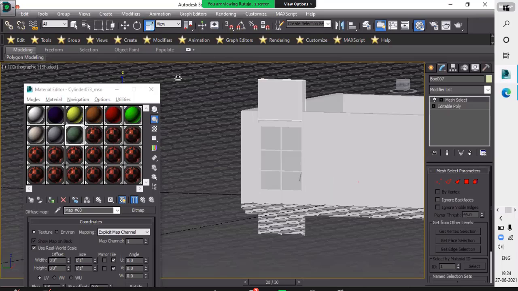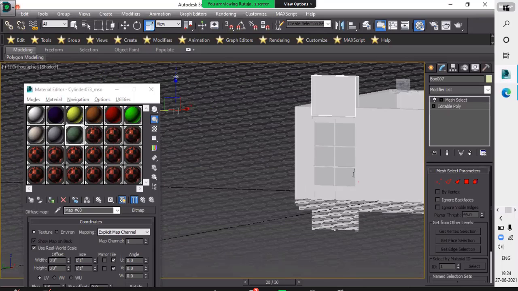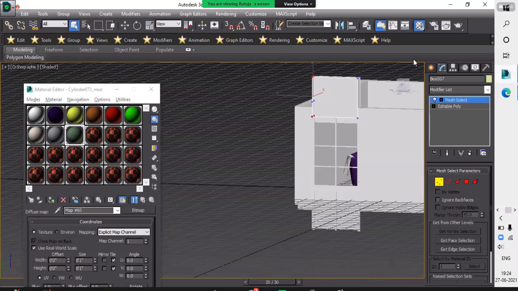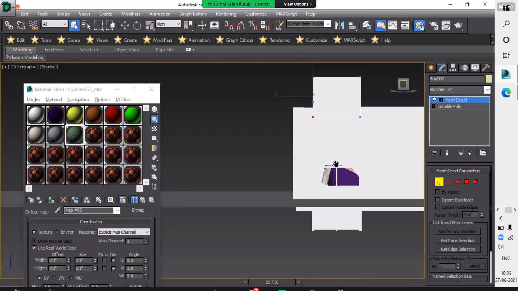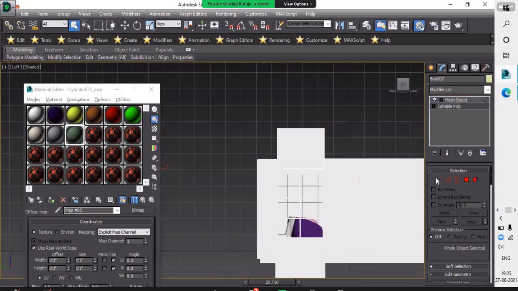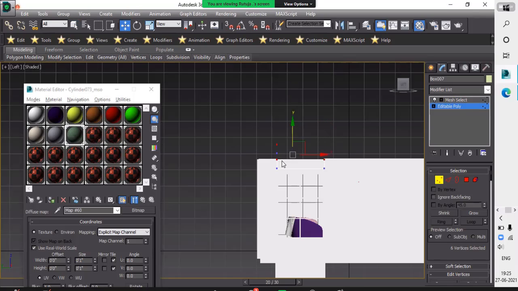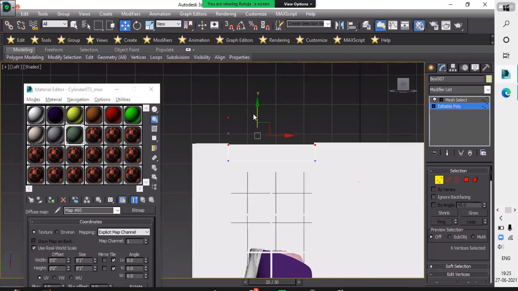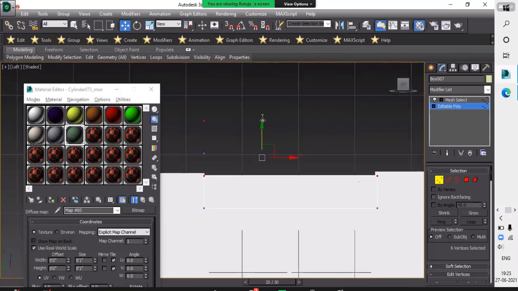So that's why I'm doing this. I just select it and with the help of scale, take a zoom and place it right.